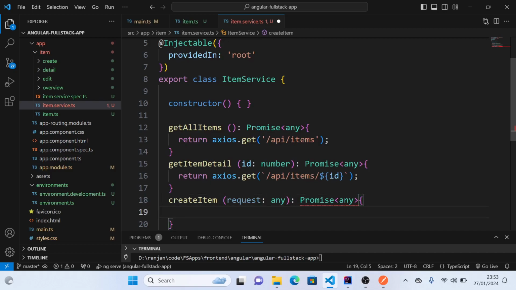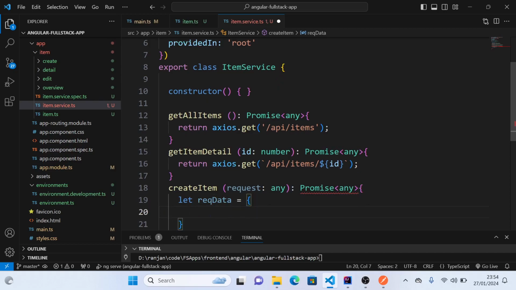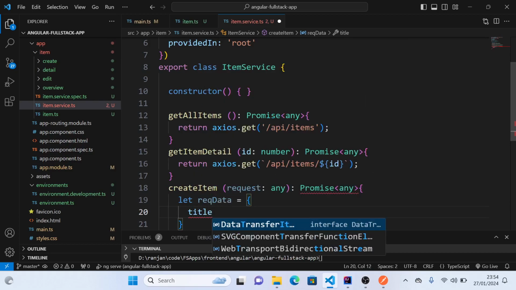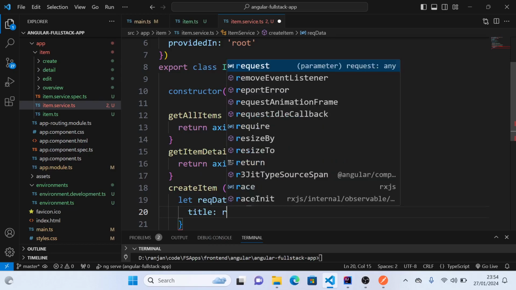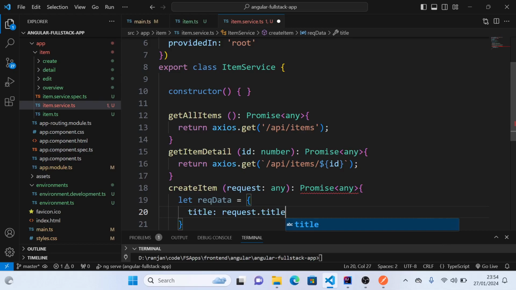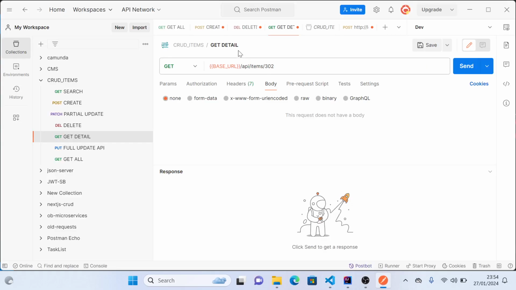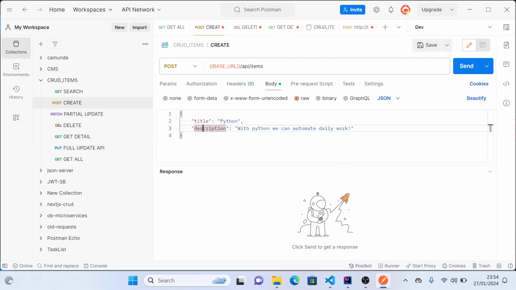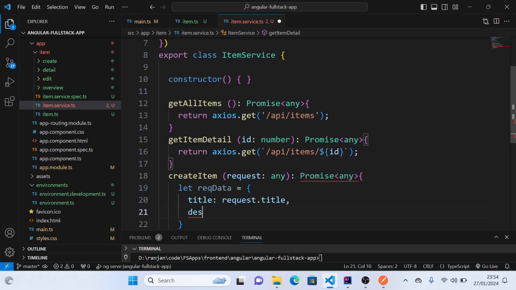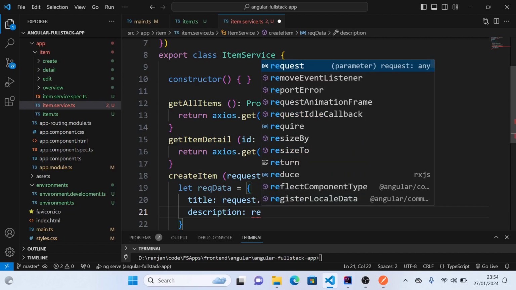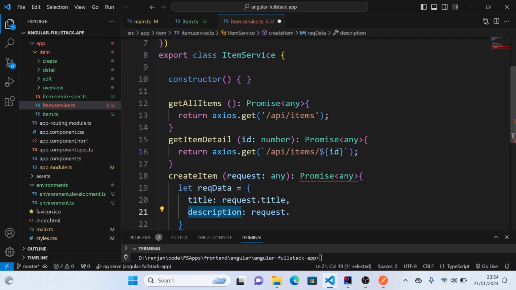And here what we will do is we'll just create the request data. So we'll create let request data equal to an object, and here we will say title will be of type request dot title, and description, because while creating our new item, we need the title and description, hence we are writing it this way. So we'll say description request dot description,